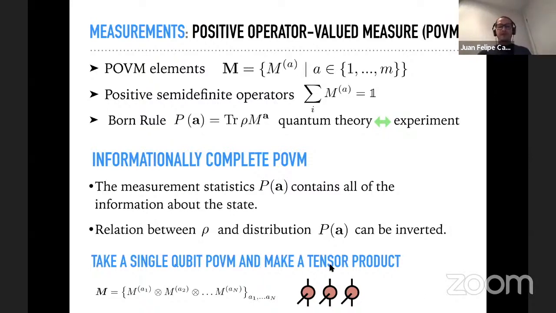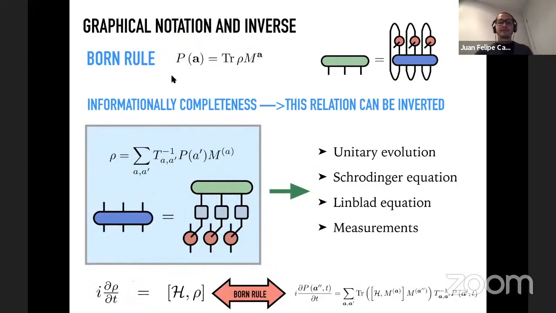And to construct this measurement, what I do is I take products of informationally complete measurements, and that's how I construct these measurements. And the cool thing about this is that if the measurement is informationally complete, this relation can be inverted, and the expression for the inverse is given in terms of the probability distribution and the measurement. So that's the most important thing I'm going to say, and it's the only thing that I care about. But once you do that, everything about quantum physics follows, right?